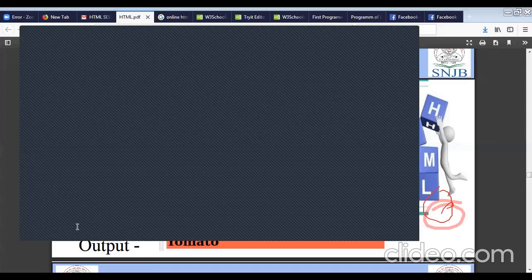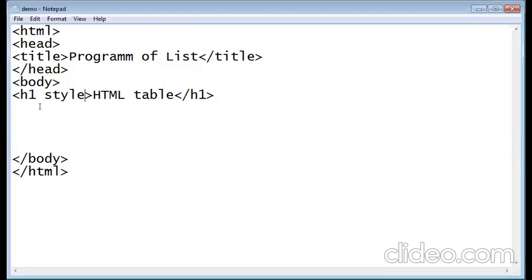Okay. I will remove this table. I will use the H1 tag. In the H1 tag, you have to give the style attribute.